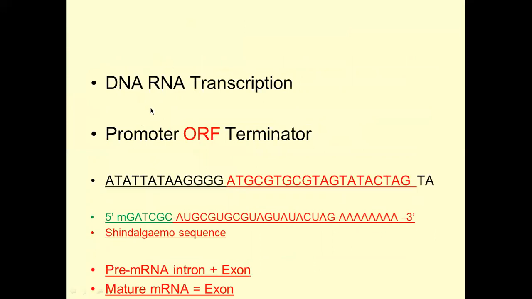As I told you, the gene has a promoter. In the sequence, you can find ATG, which is the first codon, and TAG is the last codon. It's a stop codon. ATG to TAG is the open reading frame. Before the ATG, there is a promoter. As I told you about how to isolate the promoter sequence, you have to isolate it before the start of ATG.